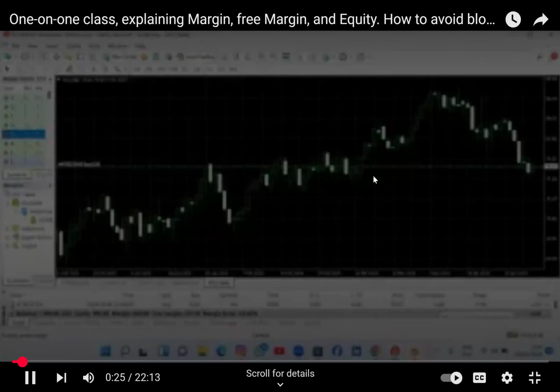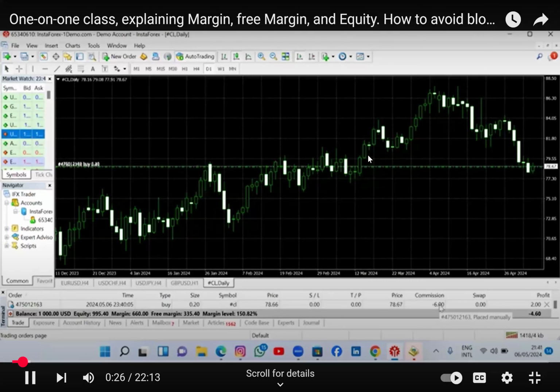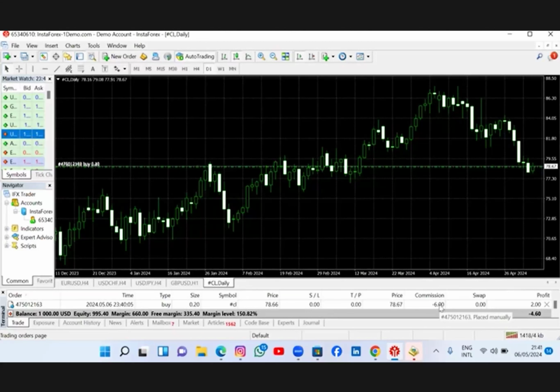And those people who claim that they blew up their account and lost money, this is the reason. They don't pay attention to margin and the margin level. As you can see now, your trading is switching; you're entering a trade because you're seeing 1,000. You also see 990 something. In your mind, you may think that you have money. But in the market, you have used $660 to open a trade. What is remaining for you as free money to trade more is $335.40. So remember, you're only having -4. You understand what I mean?